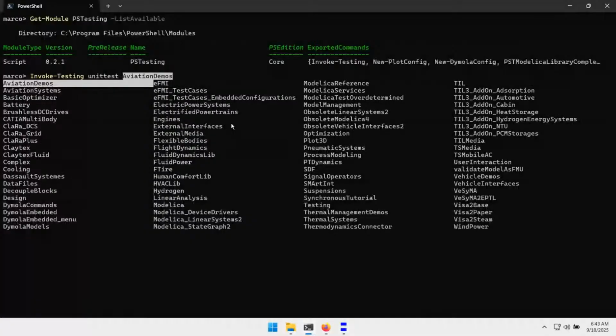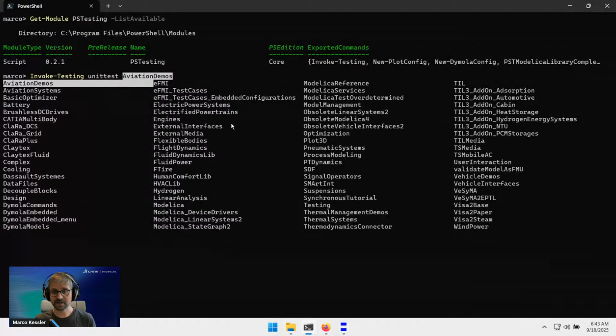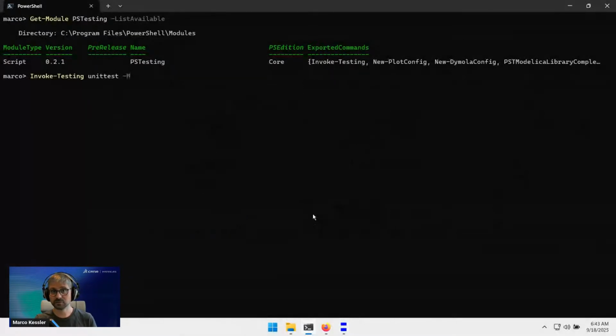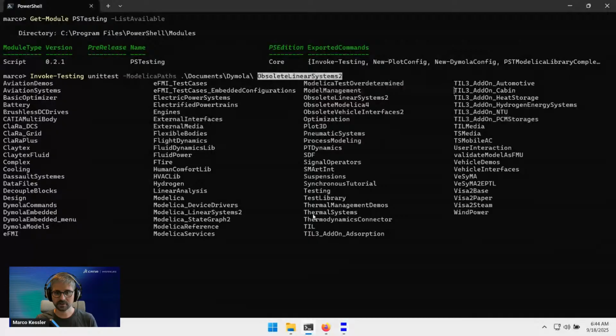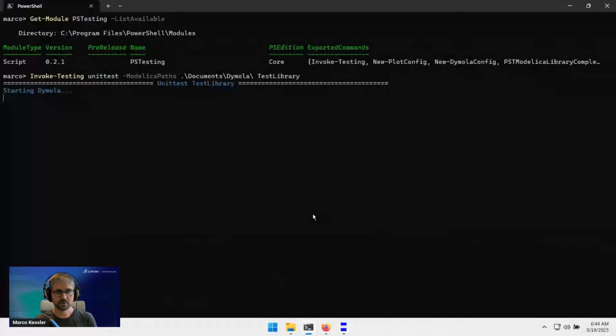And now you see all libraries which are available on the Modelica path. The library we created before, the test library, is not listed because it's not on the Modelica path yet. So what we have to do is we either have to change the Modelica path permanently with the system environment variable, or we just alter it temporarily with this argument. And I stored the library in Documents Dymola. So now I added it to the Modelica path. I can hit Ctrl+Space, and here the test library is visible. So we can select the test library, hit enter, and now the simulation of our test cases is performed. So in the background,